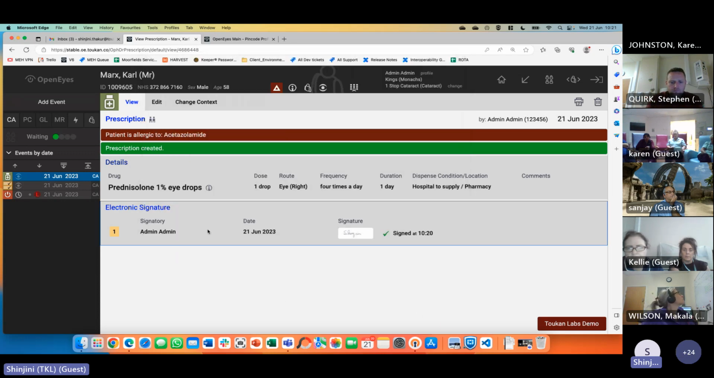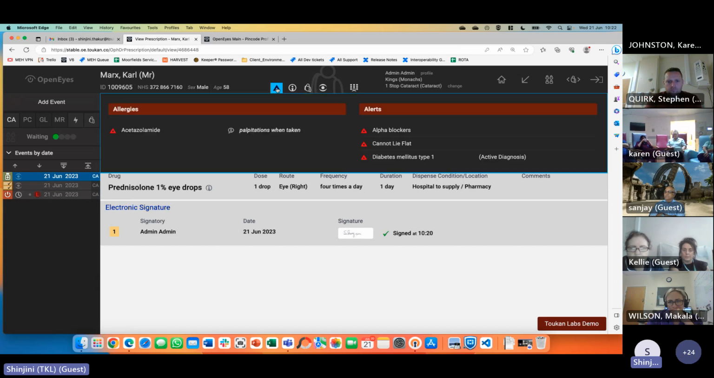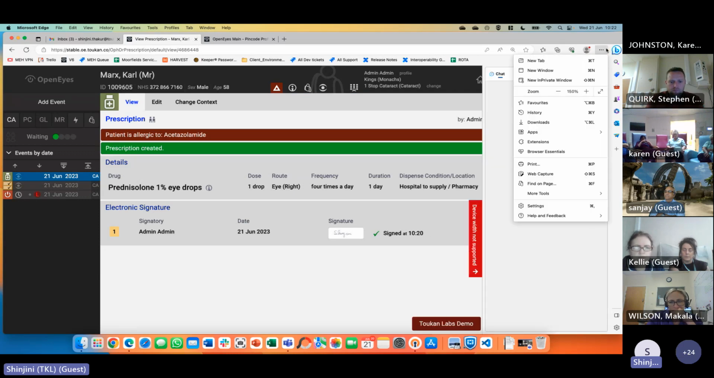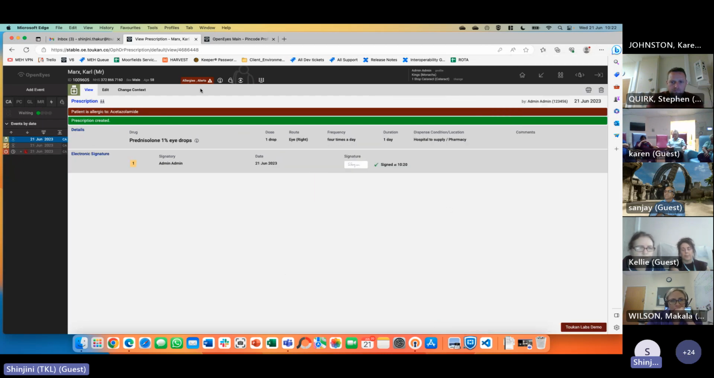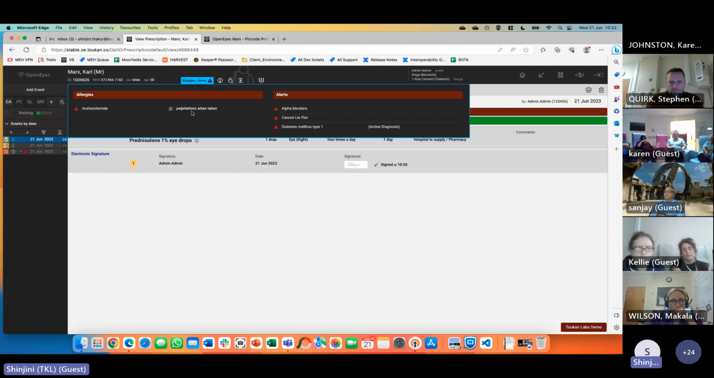So that's that. Now, I forgot to show you that when I recorded the allergies in the previous examination event that I showed you, this little box here has now turned red. It was gray earlier. Let me go back to normal sized screens. So it's turned red because I said, okay, the patient has palpitations when they take this particular medication. And there were a few alerts that I added. So that's where it's gone and